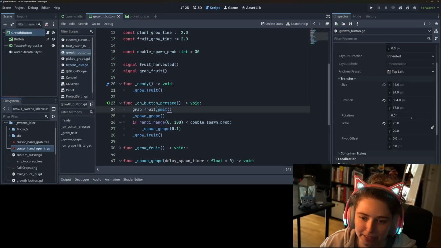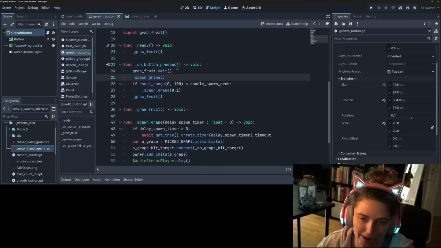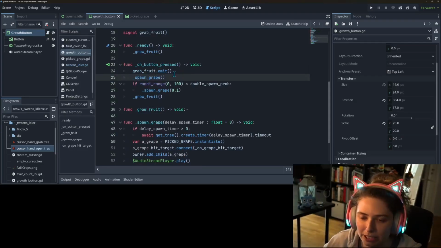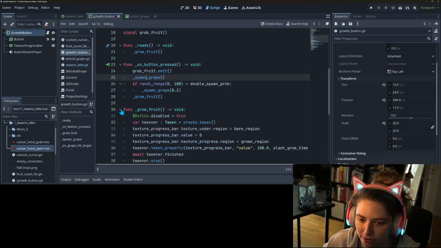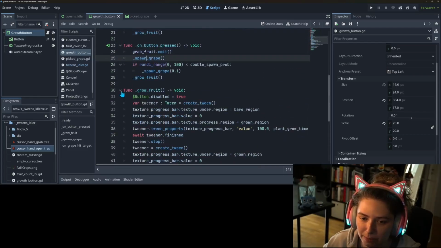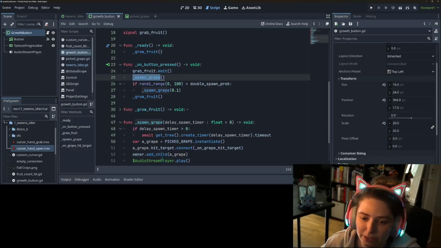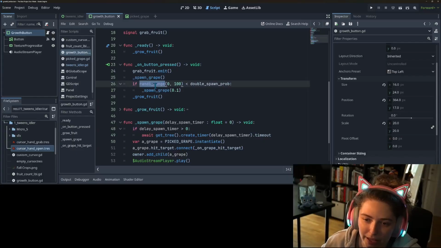here in the growth button, basically, so we emit the grab fruit, so we do the grasp animation, and we do the initial sound effect for grow fruit, which I think, or no, it's for spawn grape, never mind. So we do the grasp animation with this. We spawn our first grape, which sends it off. Then we do a